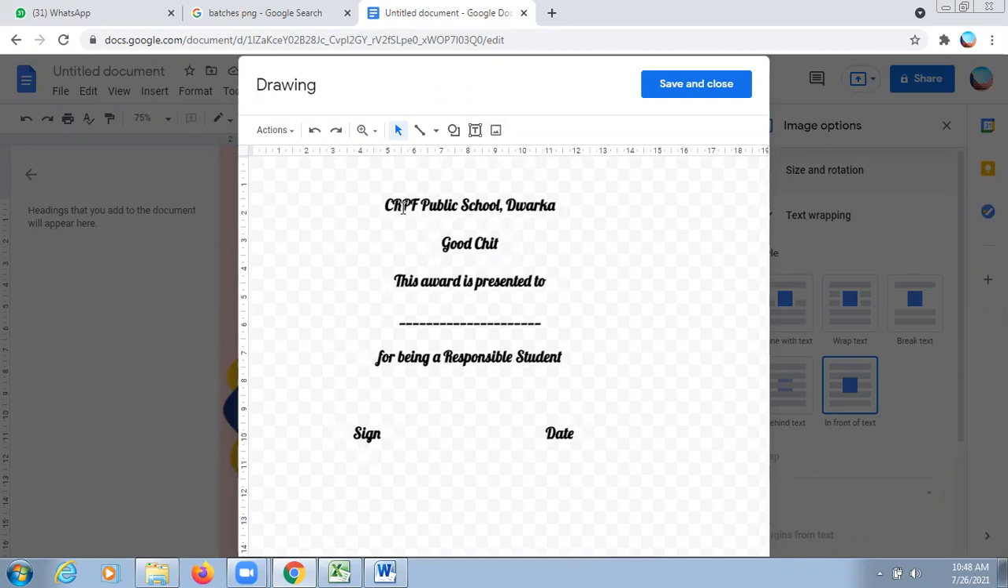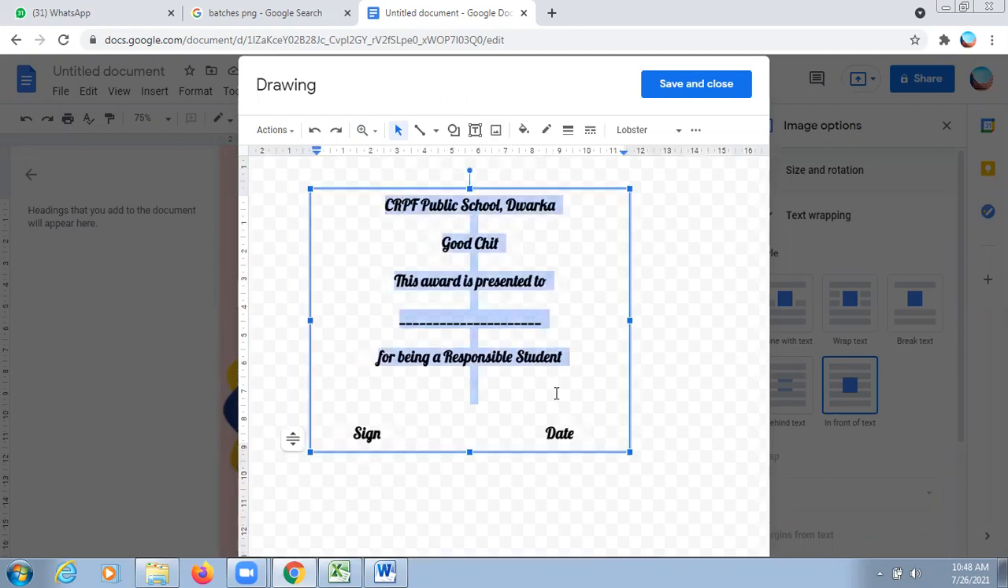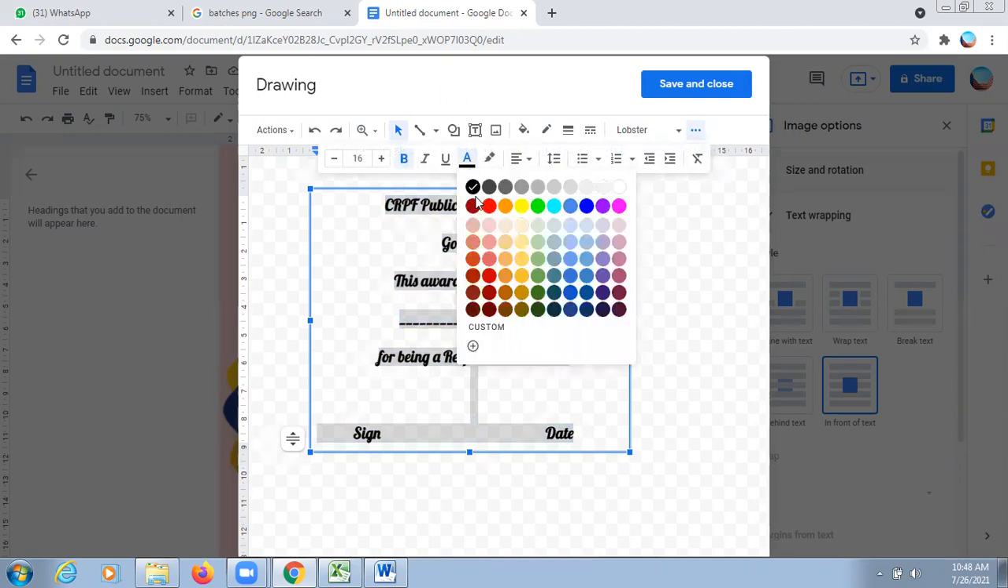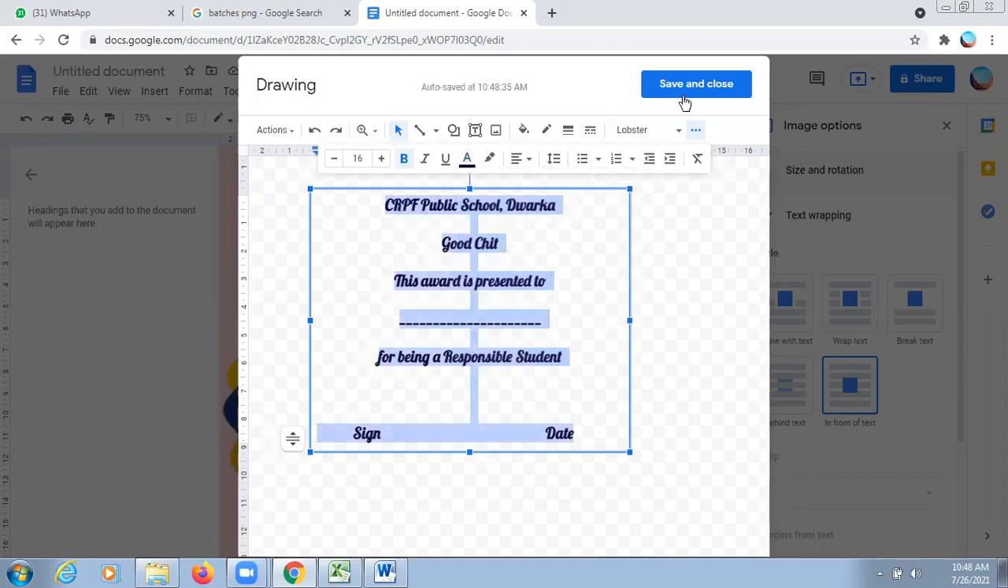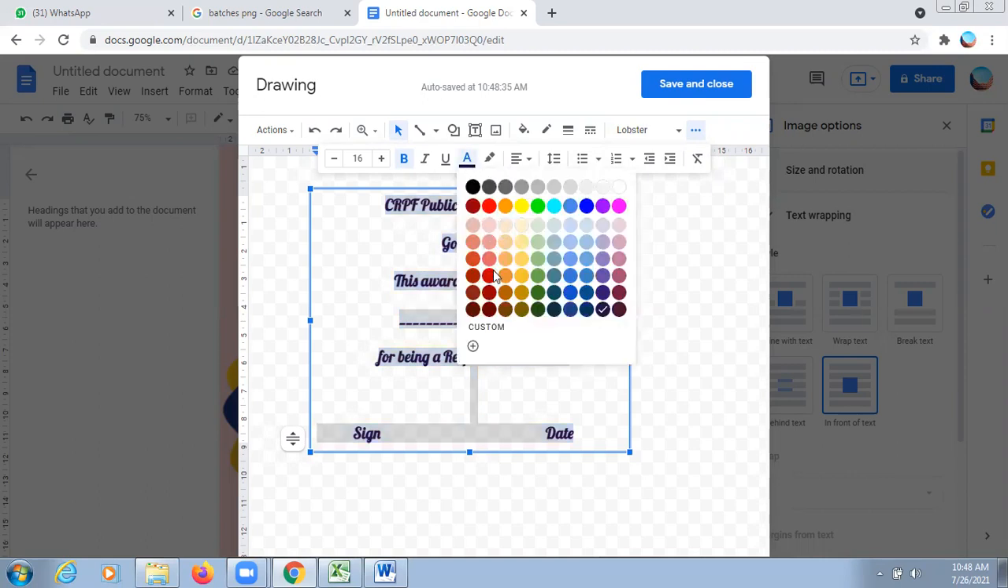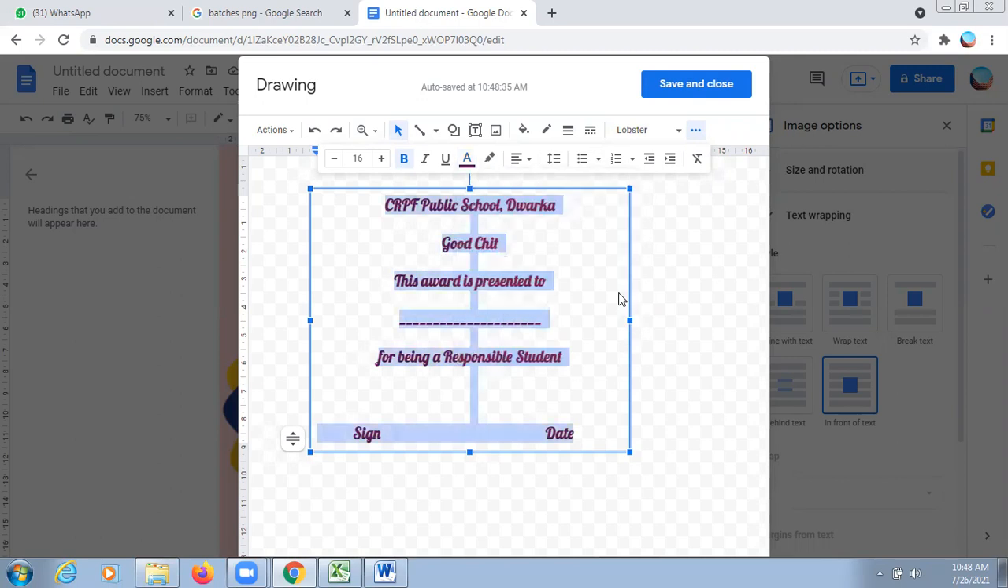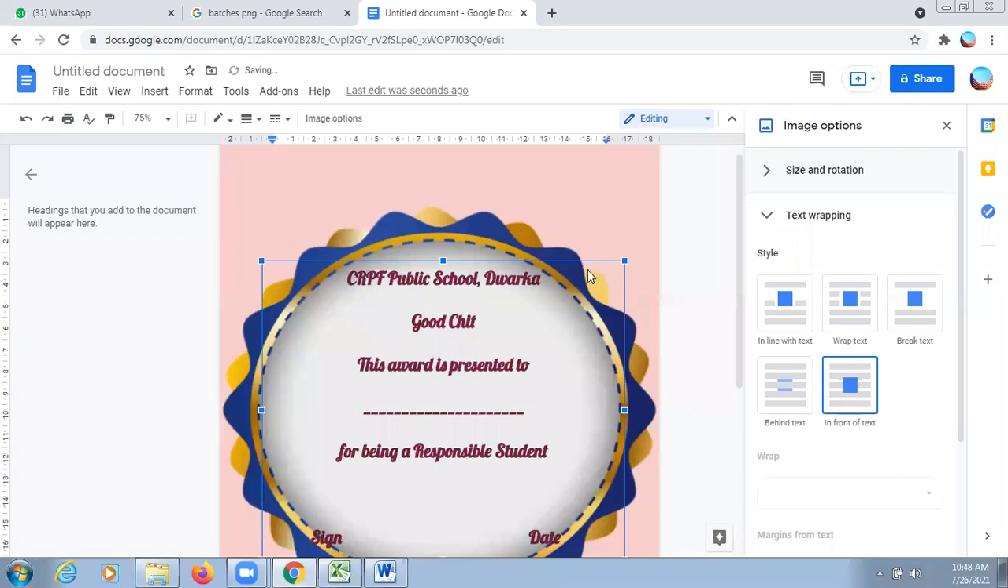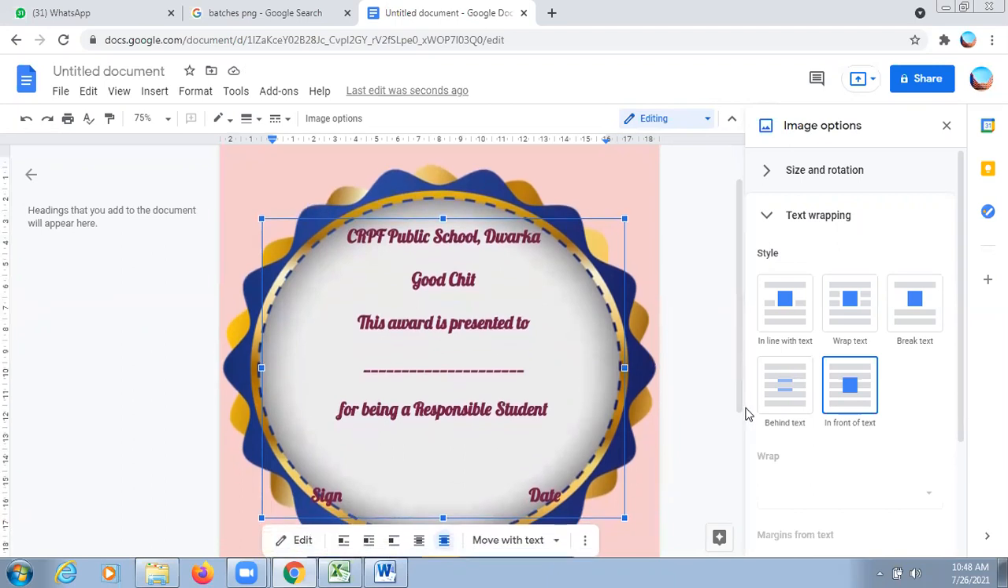Now I wanted to change the text color. Select your text, click on these three dots. These are the text colors. So you can choose any color. Like suppose, let's say I wanted to choose this color or pink, dark pink ले लेते हैं. Okay, this one. So now it is coming like this. Clear? So this is how you can design